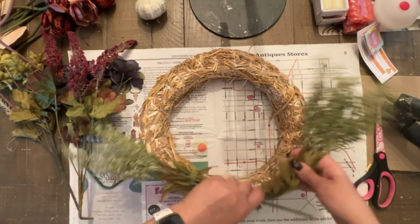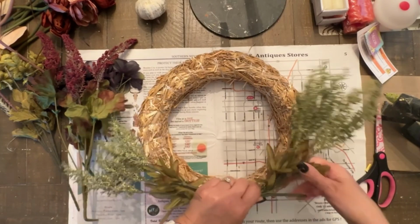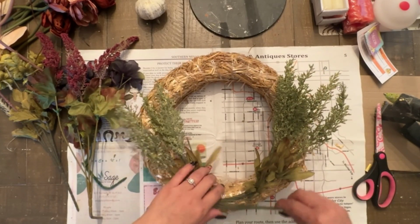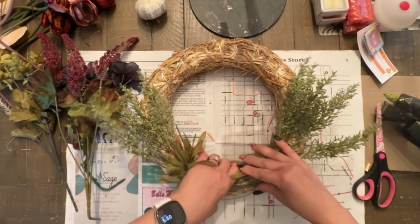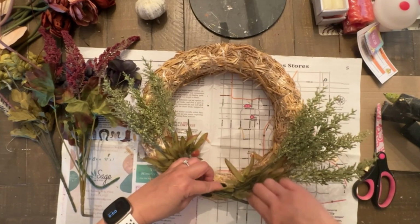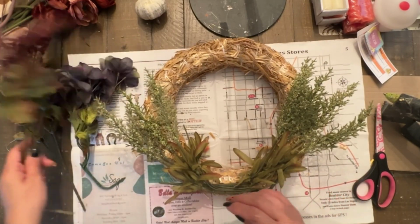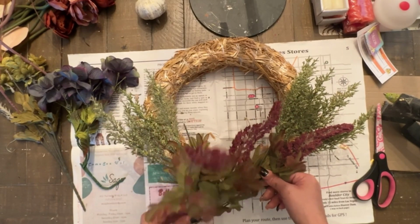So the first thing I'm using are these heather sprays or florals. They're from the Dollar Tree, and the majority of these items are from the Dollar Tree. Now this is just a light green color, and this is going to be the base of my wreath. As you can see here, I'm simply bending the stems. On these ones, I'm going to try and keep them all attached